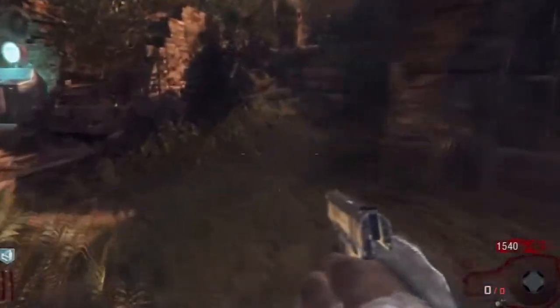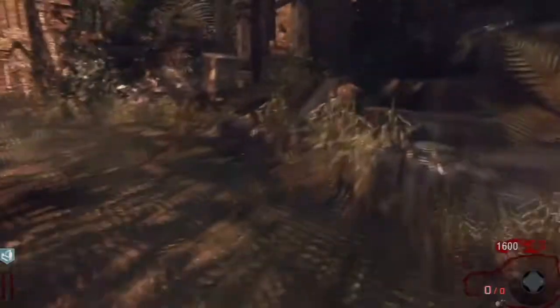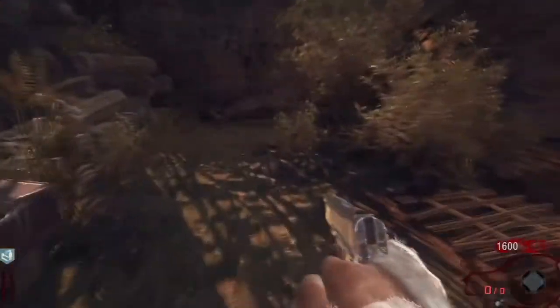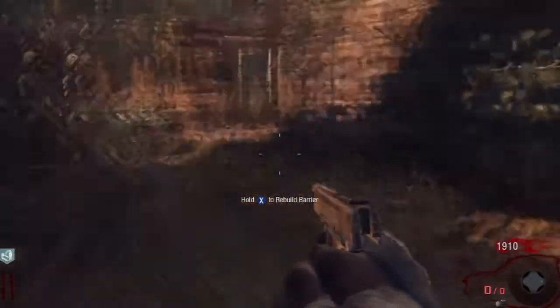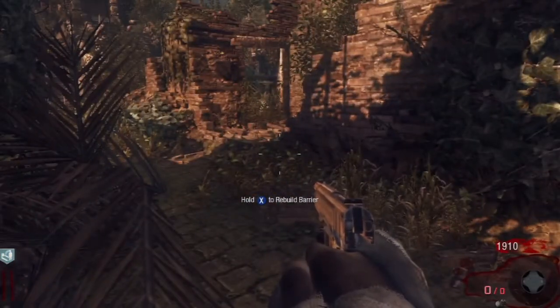You can actually do quite well in this starting room if you have the shrink ray for one, just to get you out of certain situations. But it's really difficult to maneuver. As you can see, there's not a whole lot of room for error here. So